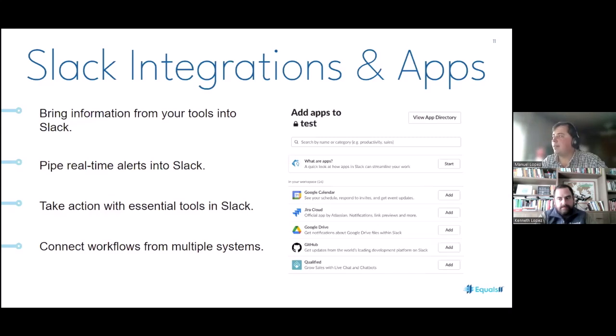The idea is that you are just going to show information inside your channel. For example, I put a document from Google Docs, and all the information from that document will appear, and you can enter from here. But there are other ones. For example, pipe real-time alerts in Slack. This is very important. It will automatically pop up some alerts, for example, if you have created a new release of a product that you have,